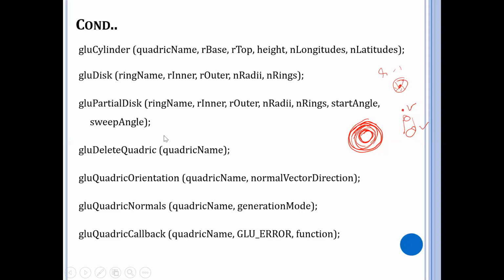Why am I directly jumping here? Because all of the others we have seen in our previous function: the name, the inner circle, outer circle, n radii and n rings. So these are two additional parameters or arguments in this partial disk.